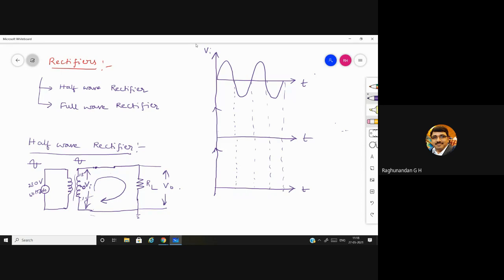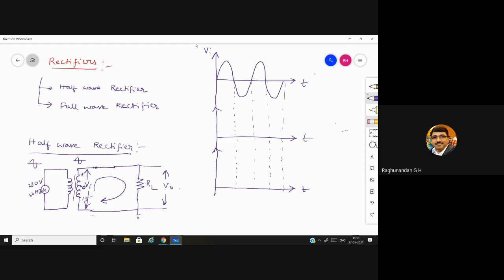So you have to write three diagrams. Here I'm drawing it in a single diagram, but in the exam, you draw the actual circuit, then one more circuit showing the forward bias condition of the diode, and one more circuit showing the reverse bias condition of the diode. So now here, just for our understanding, we have taken an ideal case. That means it is not having any voltage drop.